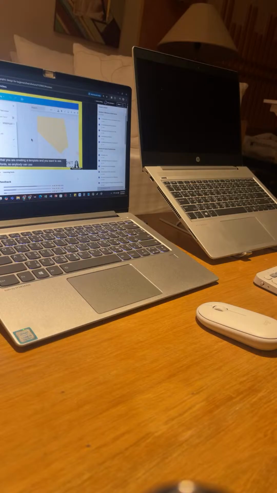Let's say that you are creating a template and you want to use only free fonts so anybody can use your template. You're gonna type here any keyword that you want, or you can use these buttons with keywords to filter your search result. But before, you're going to click on show filters, and in price, you are going to select free. Click apply and then select the keyword that you want to use. So I'm going for serif, and as you